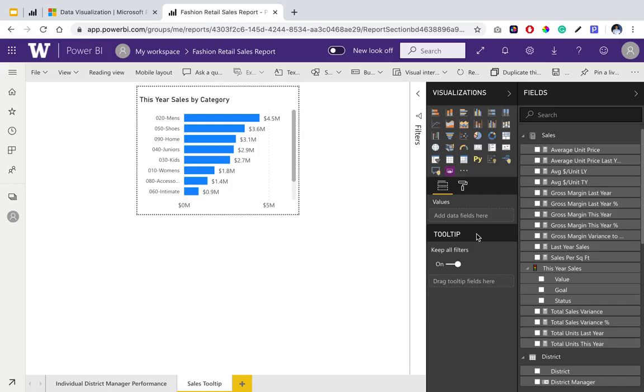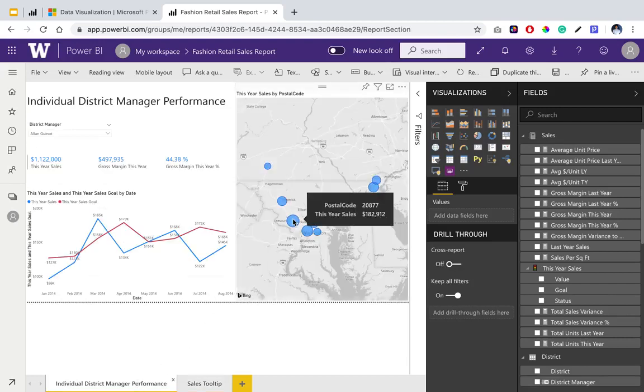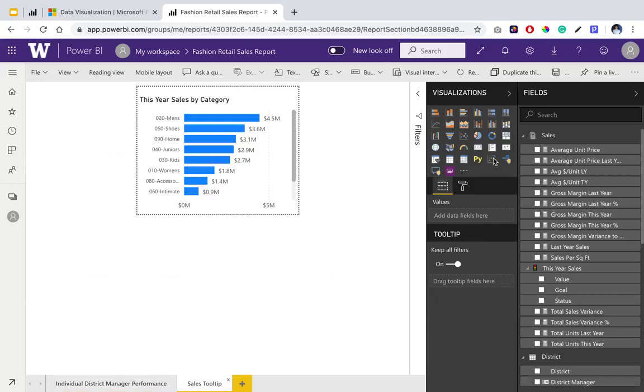We want the sales tooltip to show up when we are hovering over a sales bubble. So if you take a look out here, when I hover over this bubble right here, we wanted it to show us how the store is performing, and this bubble size is defined by the sales. Okay, so I'm just going to go ahead and click on my sales tooltip, and now pay close attention